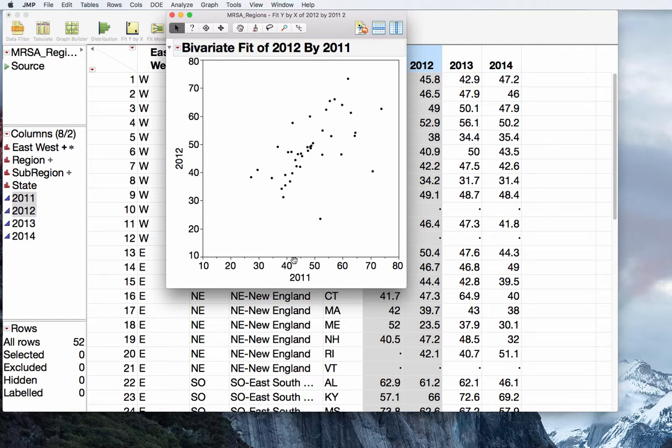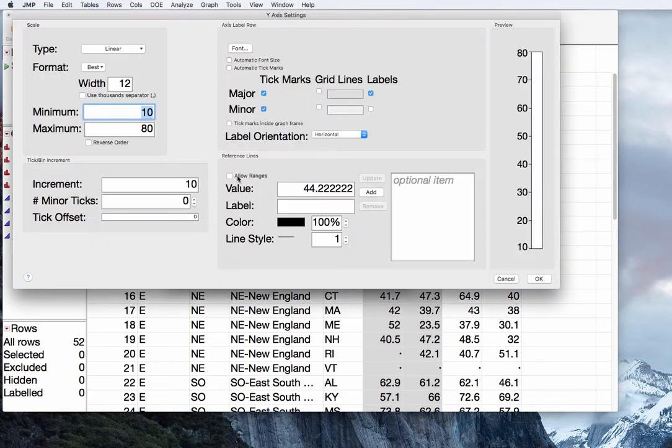That is, every value in 2011 has an identical value in 2012. So now we know that a perfect relationship would go from the bottom corner to the top corner. And we can sort of see how our relationship compares. In addition, we can think about what the mean value in 2012 would be. And you could click there and do the axis setting, and you could actually add a line at the mean